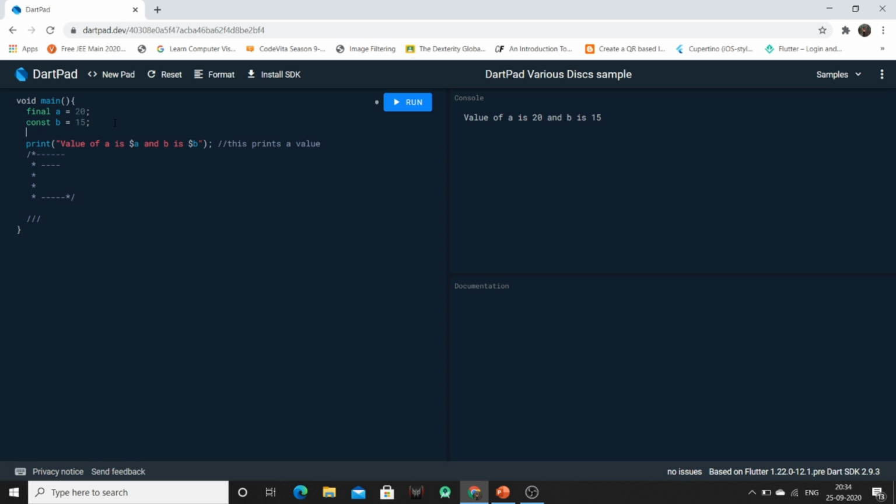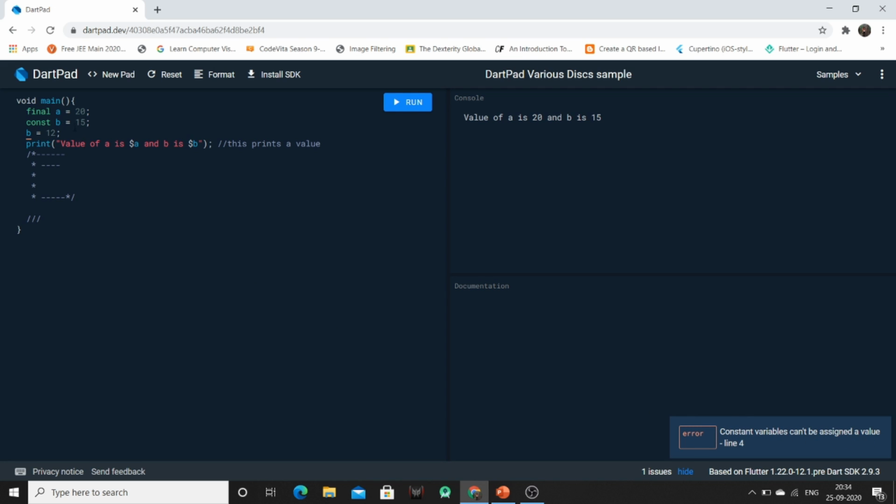Now if we try to change the value of b, then it will show us an error that a constant variable can't be assigned a value.